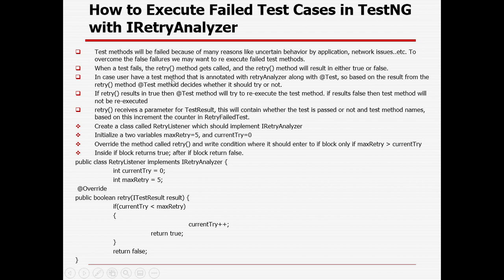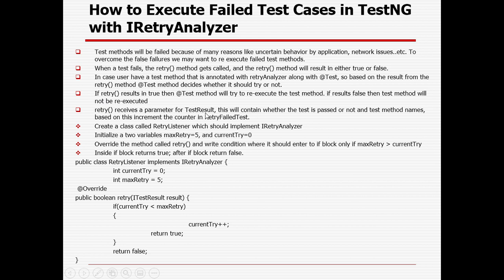In case the user has a test method that is annotated with retryAnalyzer along with @Test, based on the result from the retry method, the @Test method decides whether it should retry or not. If the retry result is true, it will re-execute the test method. If false, the test method will not be executed.